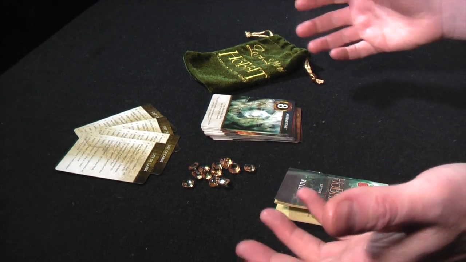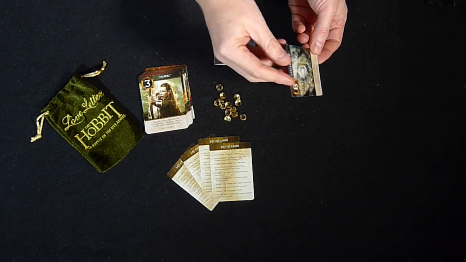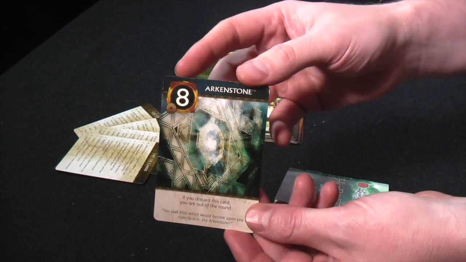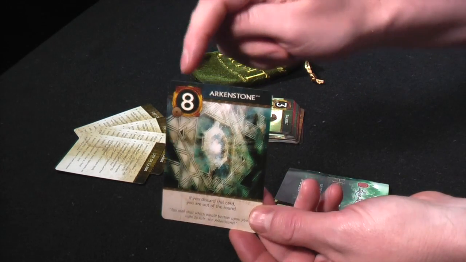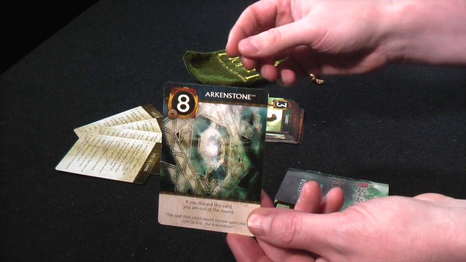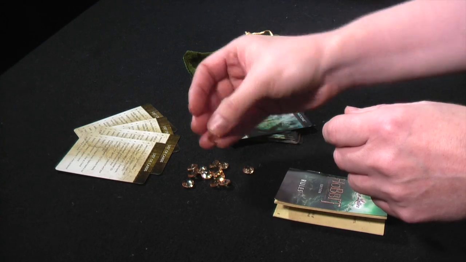So, how do you play the game? Well, basically, the object of the game is to get the fabled Arkenstone, because it is the Hobbit edition, as I said. Or, failing that, it's the person with the highest numbered card at the end of a round who will win that round. And you get a gem for winning a round, and if you get a number of those, which varies depending on how many players play, then you win the whole